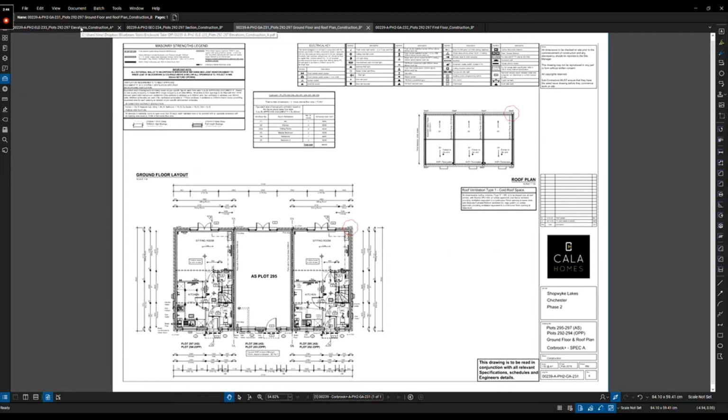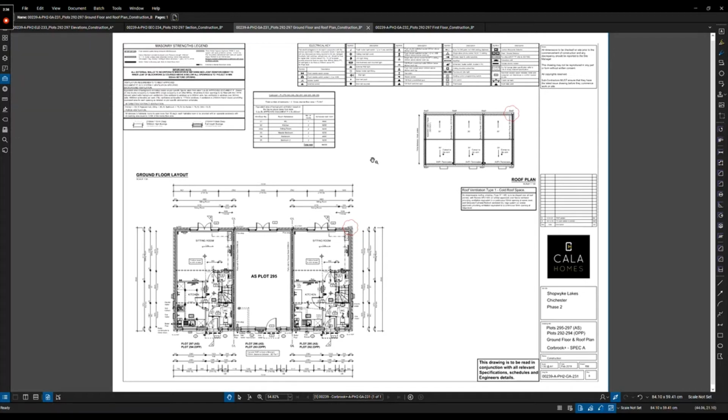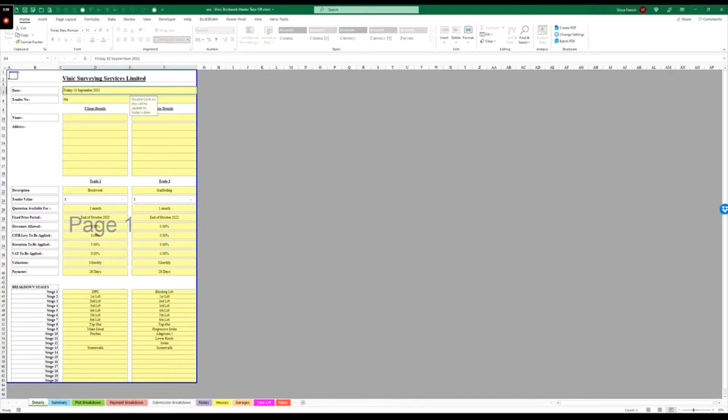I've actually printed up a hard set of these drawings, and I do it the old-fashioned way with some highlighter pens, but hopefully, as I say, you'll follow what I'm doing. Now, the spreadsheet that I use is here,